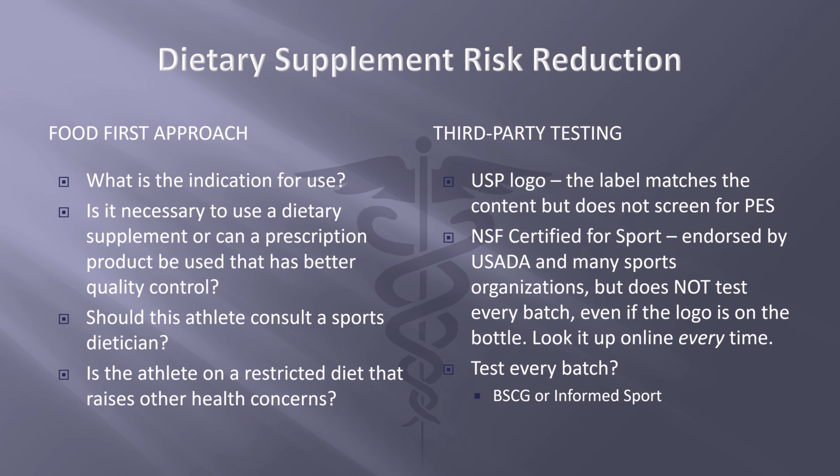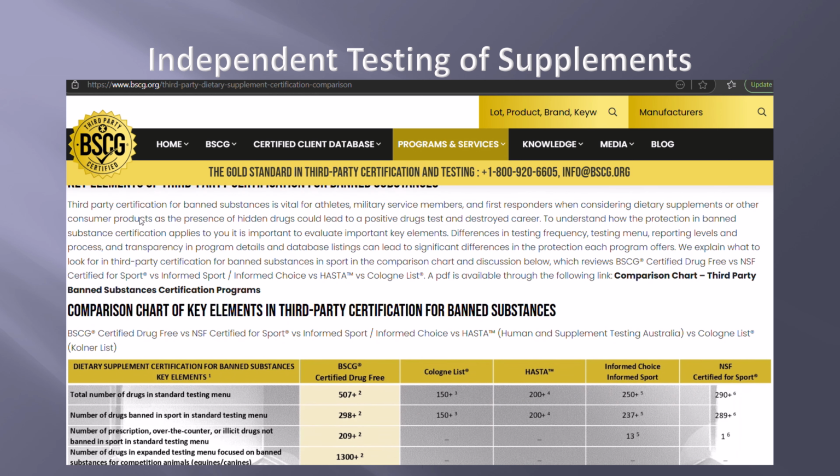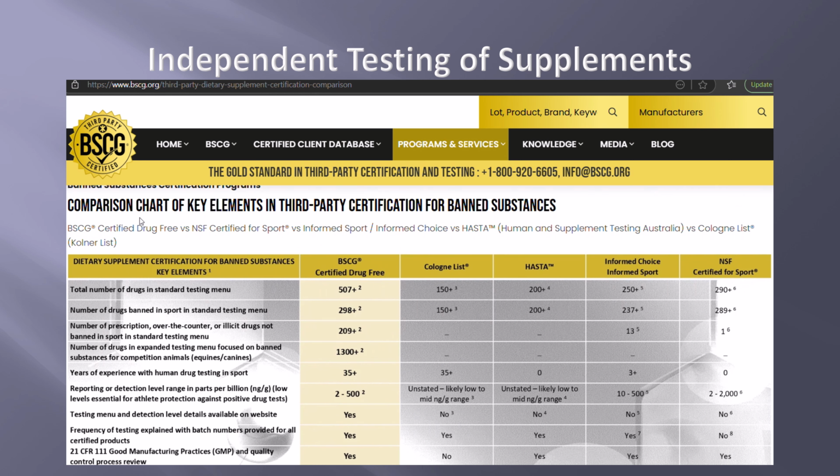Two examples would be BSCG and Informed Sport. For those who are interested in understanding a comparison between the different third-party testing companies and what they are looking for when they test products, BSCG has put together a comparison chart. Now, obviously, this is on their website, and so BSCG is highlighted to compare it to the other organizations.